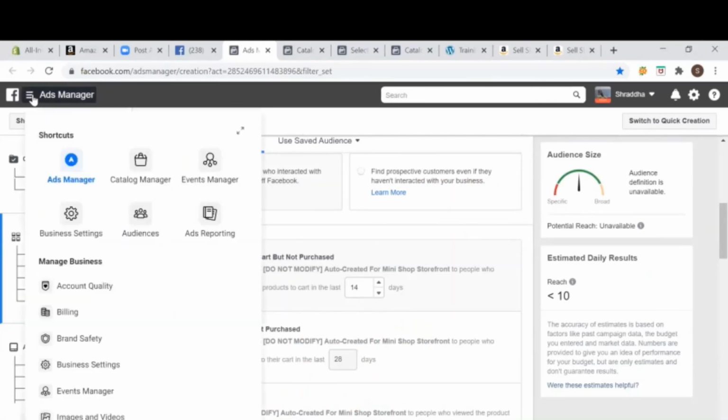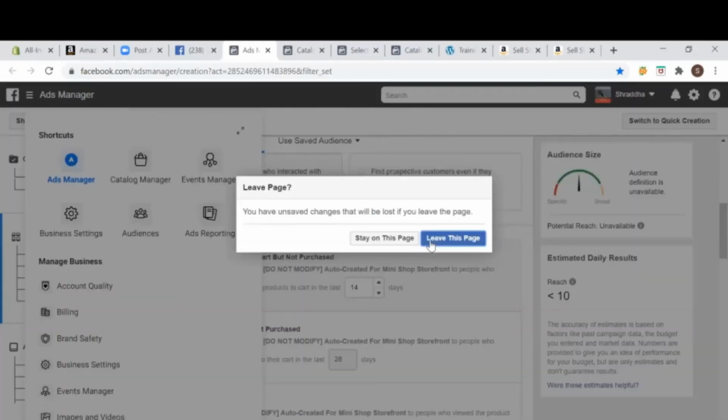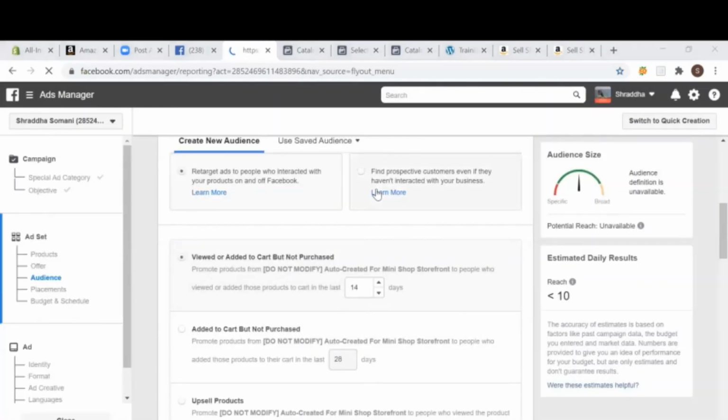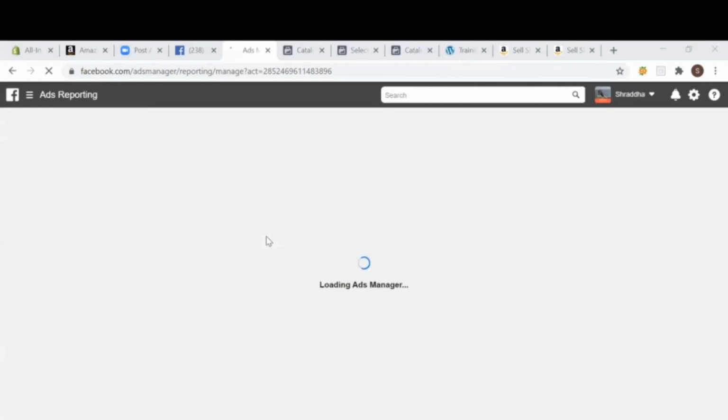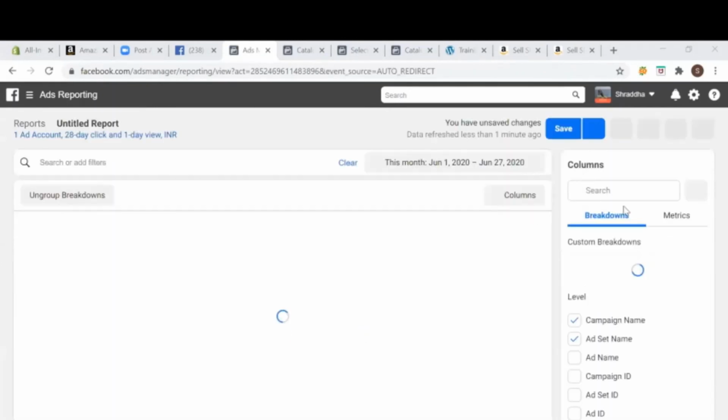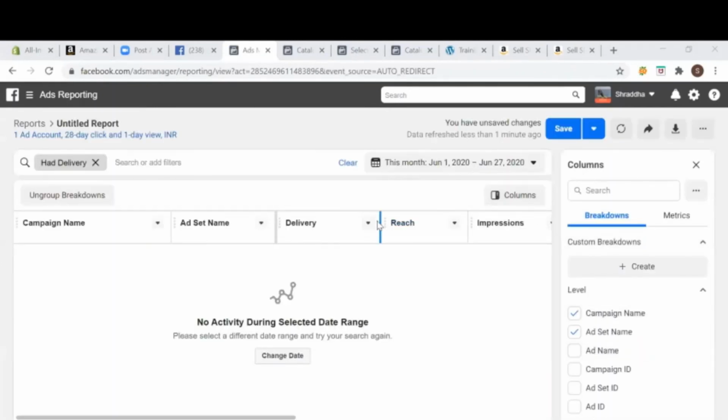So this is the ads reporting option. I'll go to the ads reporting option over here, and whatever ads I have run, you can see these are the kind of metrics I can see.